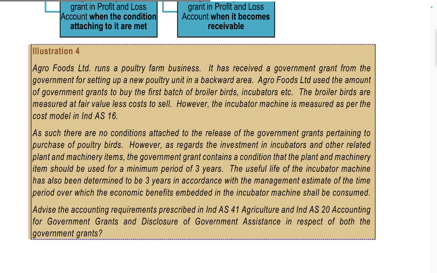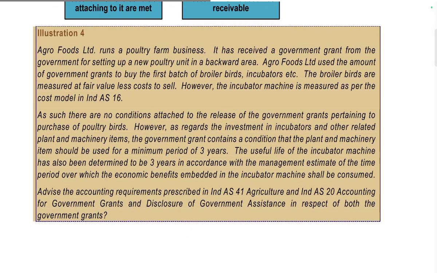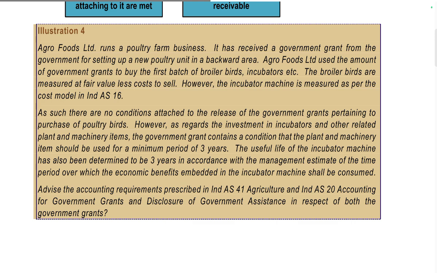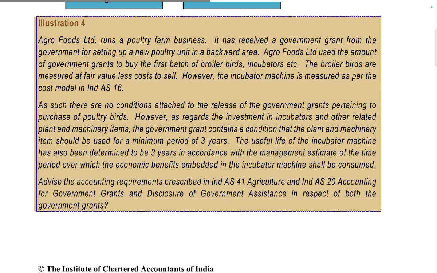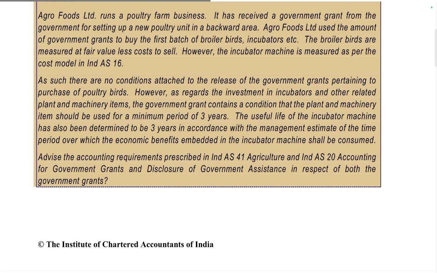Consider Agro Foods Limited, which runs a poultry farm business. It receives a government grant from the government for setting up a new poultry unit in the upper area. Agro Foods uses the government grant to buy the first batch of broiler birds and incubators. The broiler birds are measured at fair value, while the incubator machine is measured